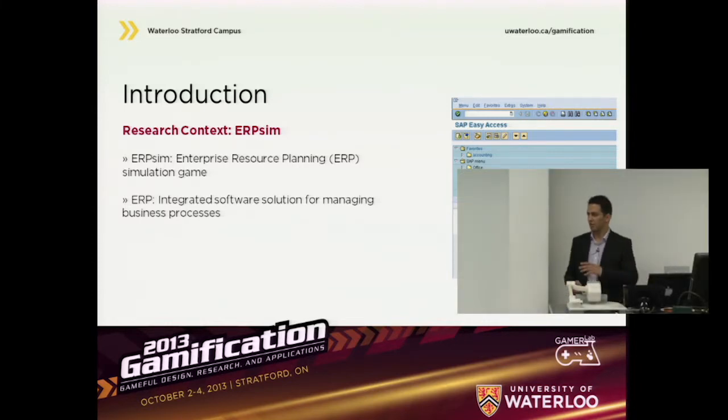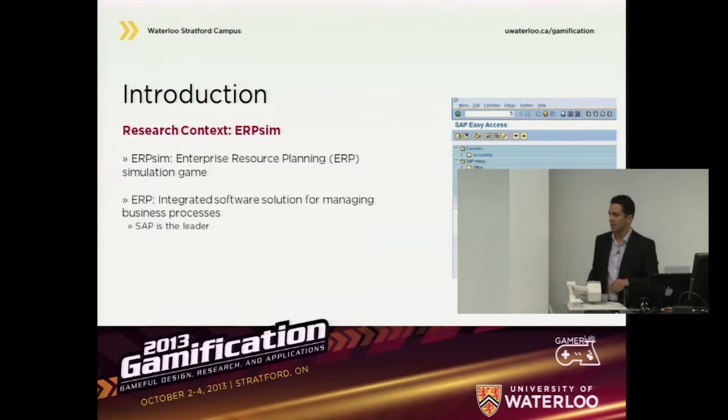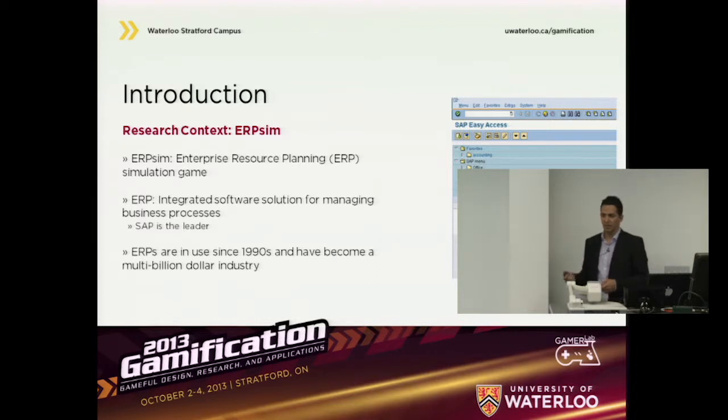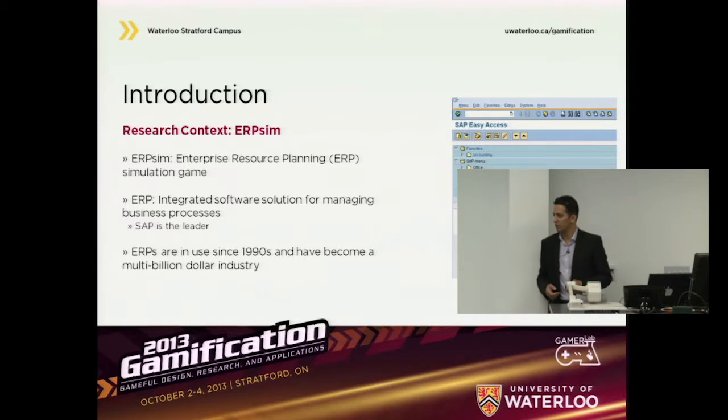So everywhere you have some information flows. There are business processes, for example, in supply chain management, from the time that somebody orders a product till you ship it and get the receipt and everything. You want to monitor everything in one place. So you have these integrated systems, and SAP is the leader of this industry. It is a multi-billion-dollar industry, and all the organizations are interested in using it. They have done it since the 1990s.